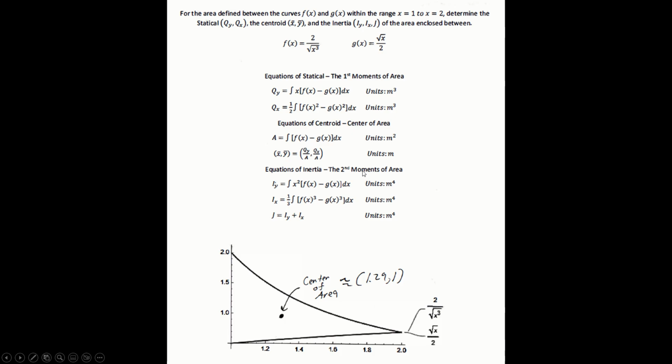And lastly, for your second moments of area, do the following. Parenthesis, Iy, Ix, comma J, parenthesis, and then set all this equal to parenthesis 0.9645, comma, 0.6170, comma, 1.5815,